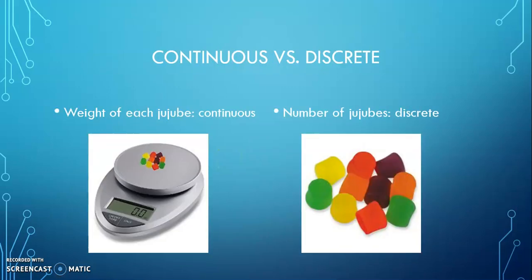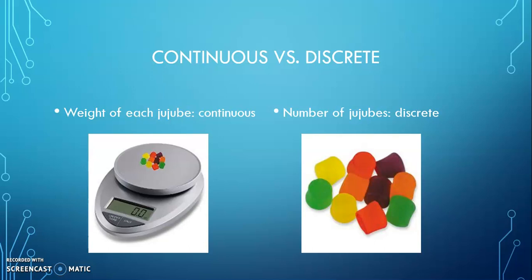So just some pictures for those of us out there that are visual learners. Let's say we were trying to figure out the weight of those jujube candies. I don't know if you've ever had them. They come in a green box. They're pretty disgusting, but for some reason one of my best friends loves them, so they're a good example to